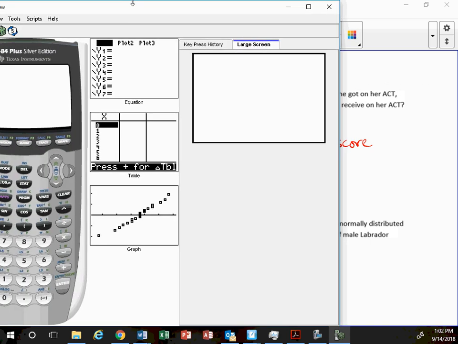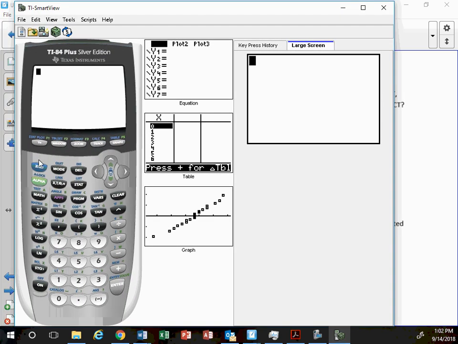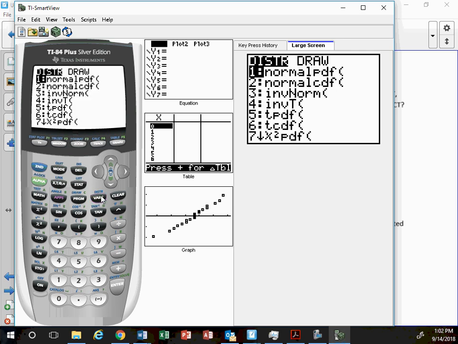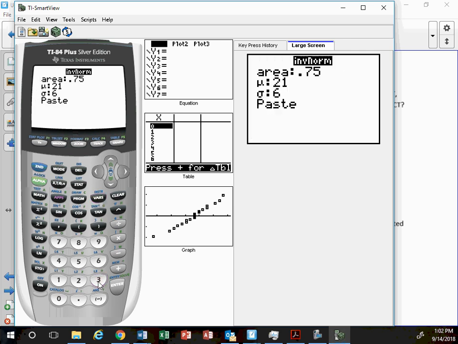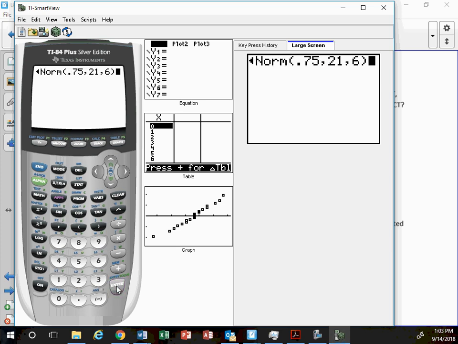So we're going to pick the third one. And again, hopefully you have the nicer calculators. Hopefully you have any calculator that works, right? We're talking about 75th percentile. So does that make sense that we're going to put 0.75 up there? And then you know your mu and your sigma, right? 21, 6, plug it in. And this will give you her score. So she got a 25 on her ACT.